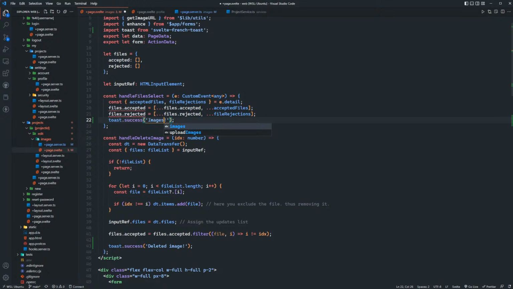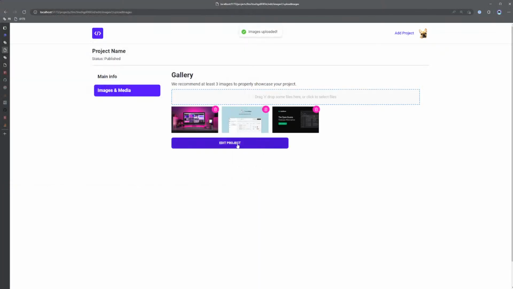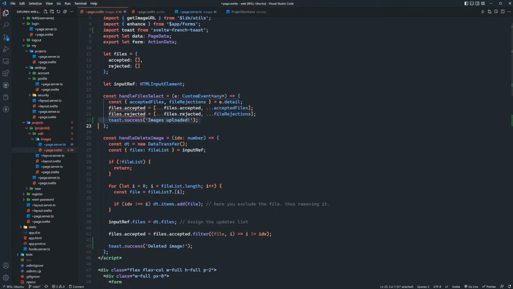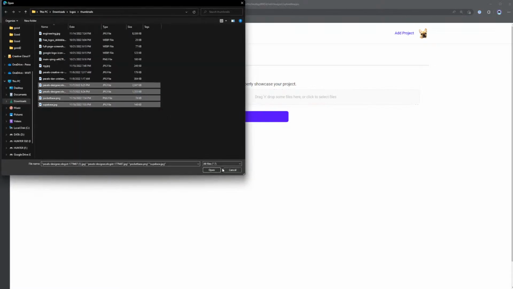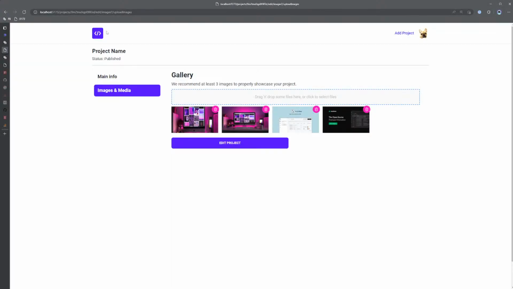But I don't want this to be misleading, I guess. Because I want them to have to still click edit project before it'll actually upload them. I don't want to do this here, I don't think. Because that implies to me that the image was actually uploaded to the server and I could just click off this page and everything would be fine. I also probably need to update this too. That's funny. I haven't done that yet, but